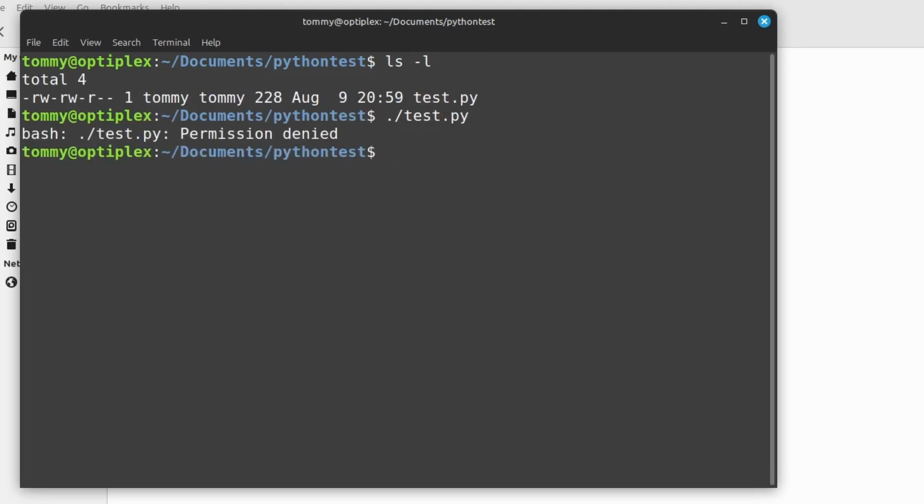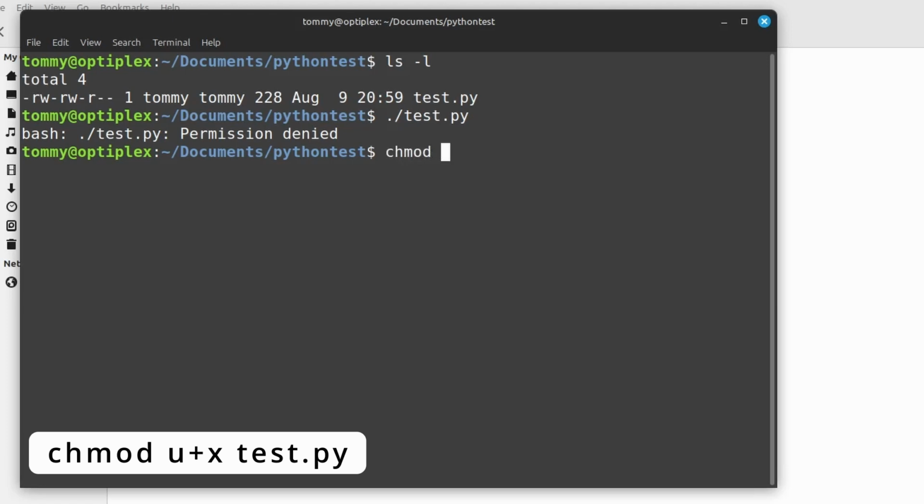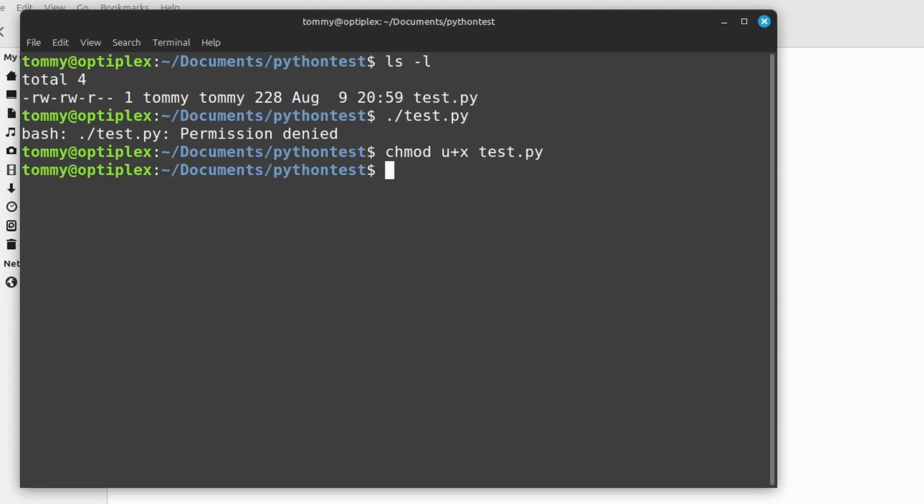And this is to be expected because a .py file is an executable program, and by default on Linux, they are not allowed to run. Not even if you are the owner and you have created the file, and this is a file in your own documents directory. Quickly fix this with the command chmod u+x test.py. When you now have another look at the file details again,